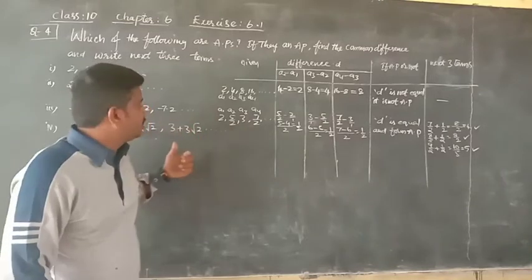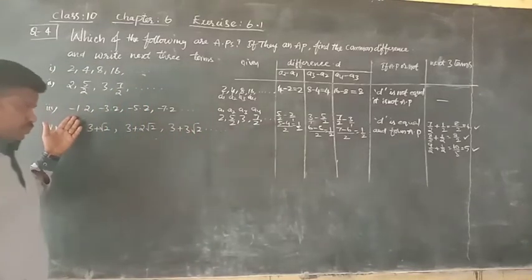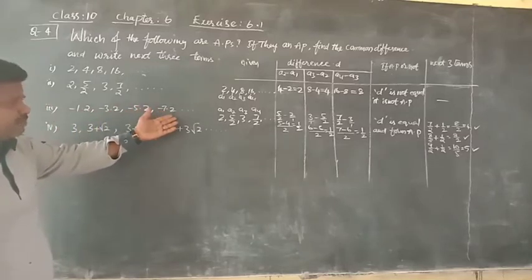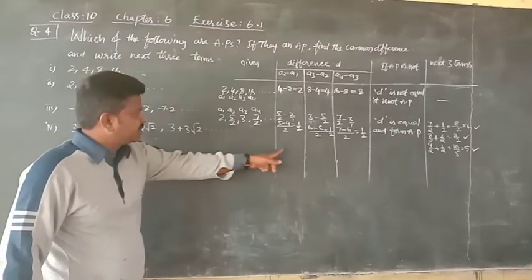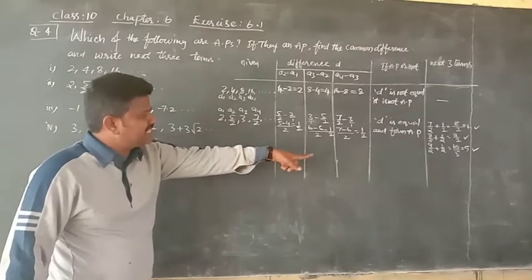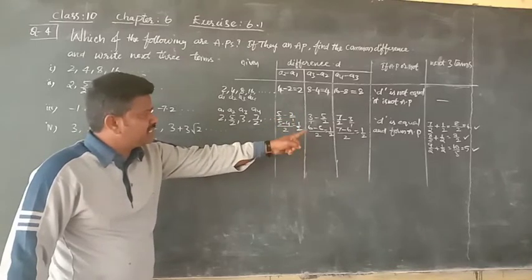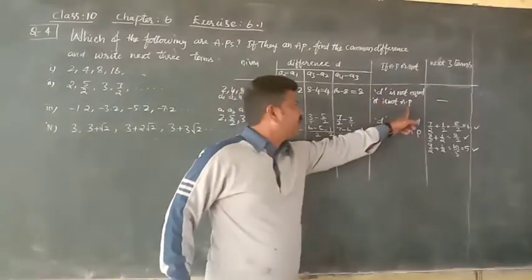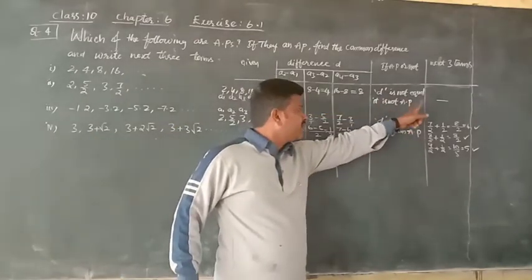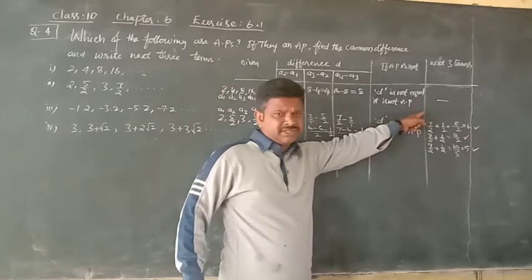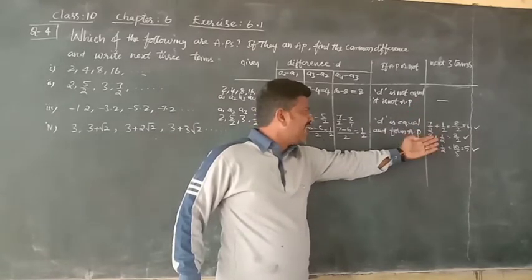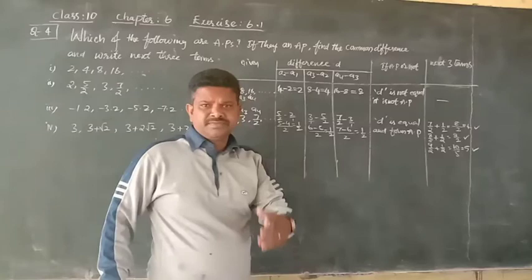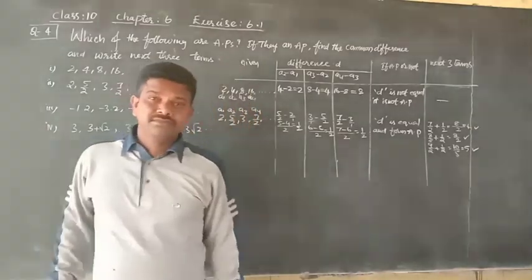We'll go for the next one: minus 1.2, minus 3.2, minus 5.2, minus 7.2. The same thing: you just subtract, finding the difference in three cases. If the difference is equal, it forms an AP, and if it is not equal, we write that it is not an arithmetic progression. If it is not an arithmetic progression, there is no need to write three terms. If it is a progression, we just add the difference to write the next terms. That's it.